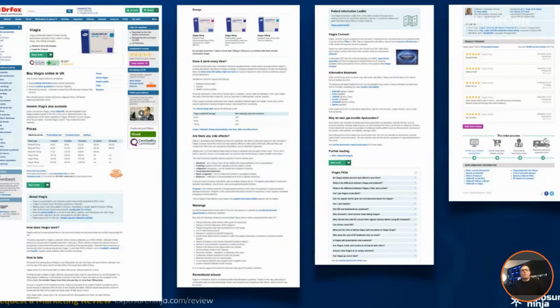So here we can see the full page, and you don't need to be able to zoom in. I can talk you through the main elements. We have every possible question that anybody could have about Viagra being answered on this page. You have information about how to buy it, different types of Viagra, generic products versus the brand products. Does it always work? How does it work? What are the side effects? Recreational misuse, warnings. We've got a Q&A section, this huge knowledge base, kind of accordion posts about all the different